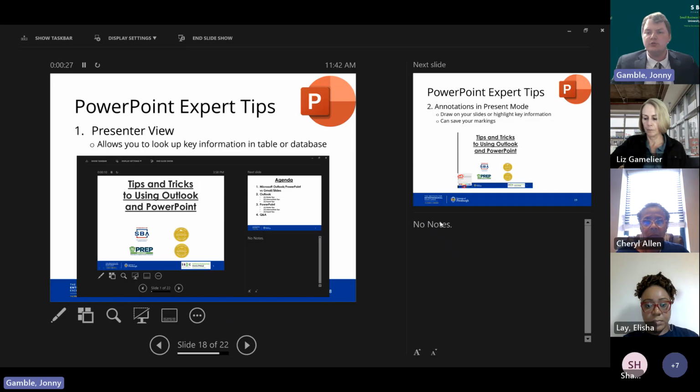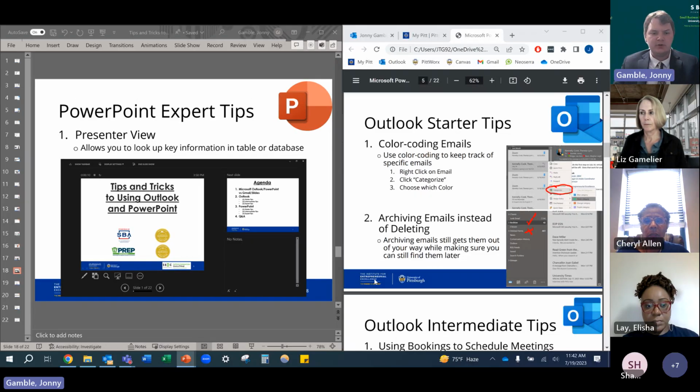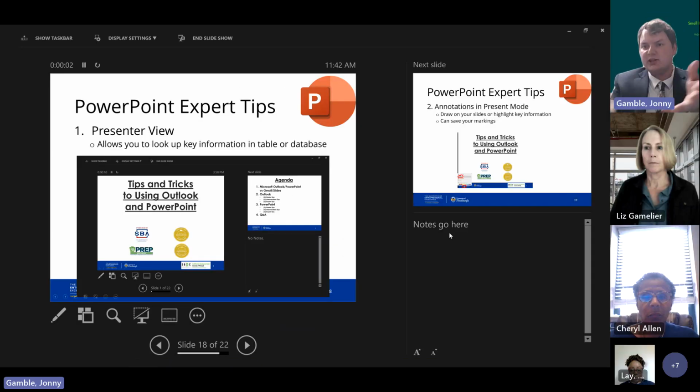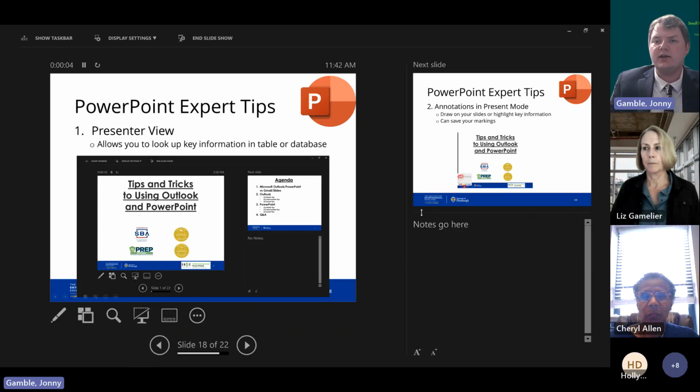If you have any notes written on the right-hand side: I myself try to memorize my presentations a little bit, or go off what's on the screen. But if you're someone who likes to have specific notes for your slides, the notes that you write at the bottom of the screen right here, where it says notes go here, will then display on the presenter view side too. So I typed in notes go here, and then they appear on the bottom right-hand side.